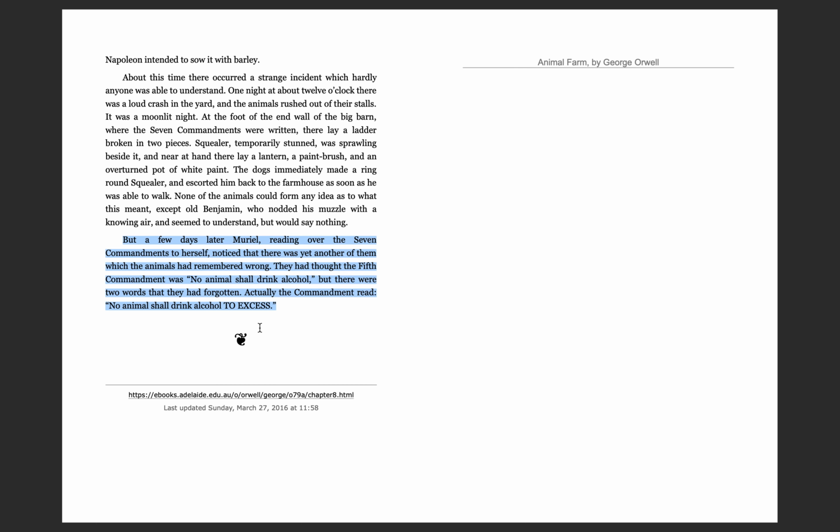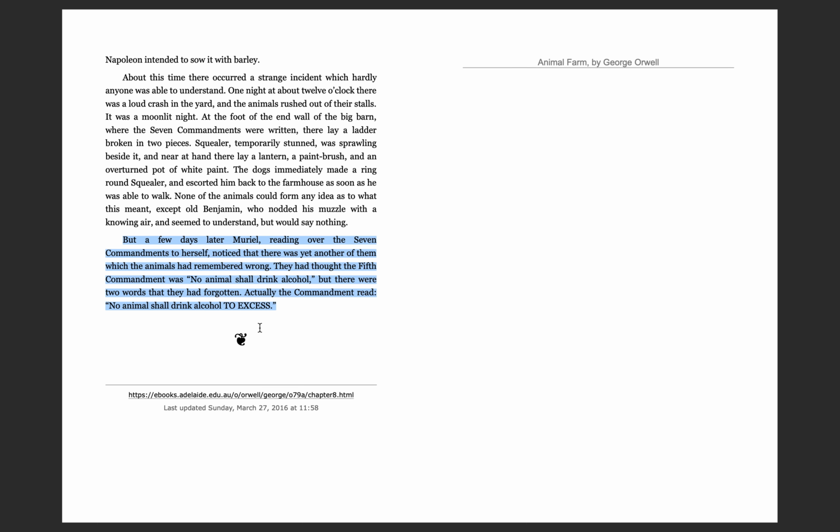So adding those two words, I think, is really important and showcases a small moment of manipulation that has big ripples throughout the story. We also have some other moments in this section where Squealer is talking to the animals, and we can talk about how that's kind of propaganda and that's Squealer's job. We can talk about how that connects to real life. We can really get into